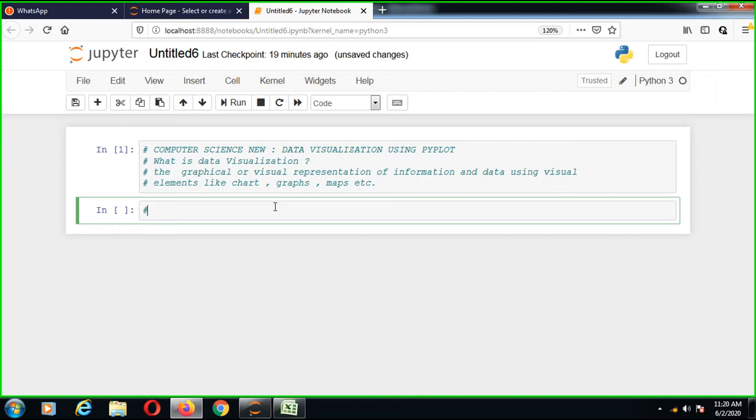So next, using pyplot of the Matplotlib library. So how can we use it? For data visualization in Python, we have to use the Matplotlib library. Matplotlib is a Python library